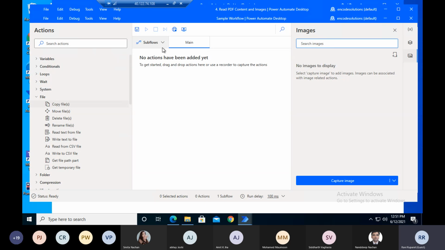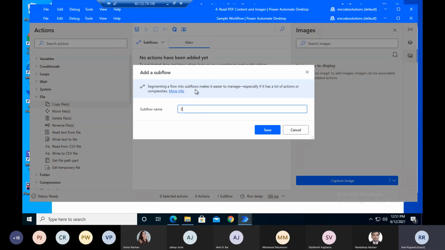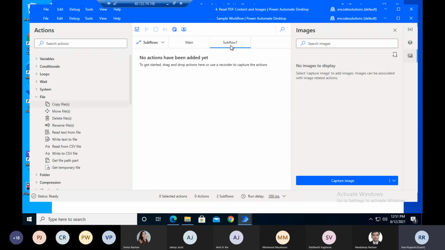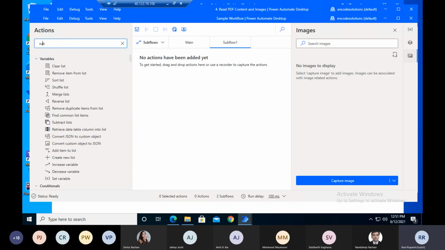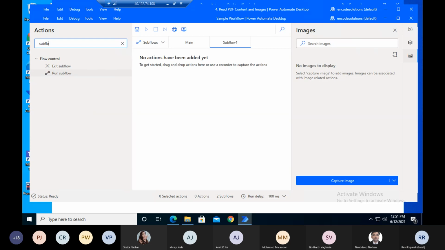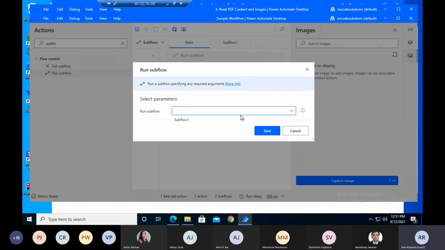If we have a flow which has a number of steps, we can create subflows. Like I have created one, flow 1, and click on save. It will create one subflow, and we have an action, run subflow, and from here we can trigger the subflow.